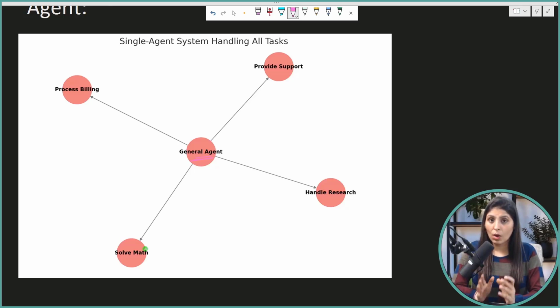So this is one of the biggest problems: when you use a single agent and you provide multiple tools to it, then your agent can sometimes pick the wrong tool to solve the user's query, and this will lead to a wrong answer. The second problem with single agents is that when a single agent is performing all those tasks, the process will be slow. Your chatbot will be inefficient. So to solve these problems, the multi-agent concept was introduced.